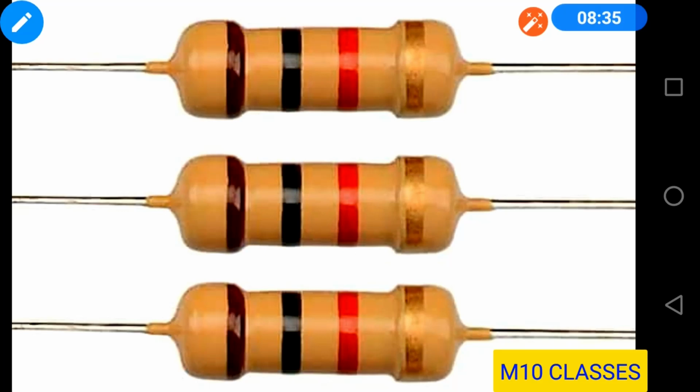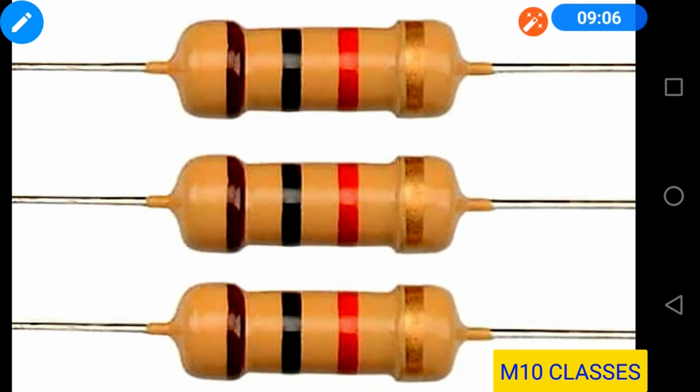Resistors are important parts of electric circuits. If you take out any electric circuit board, you'll find resistors on it. You will see that they have different color codes on them. See here in the figure, it has the color code brown, black, red, and there is a golden color on it. So what is the significance of these color codes? These color codes are used to determine the resistance of a resistor.